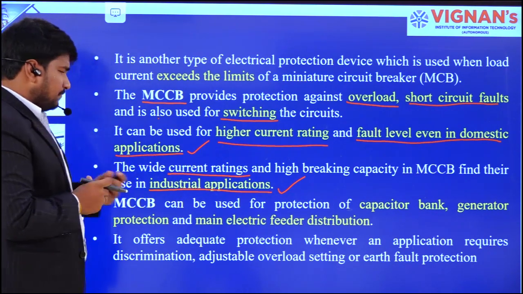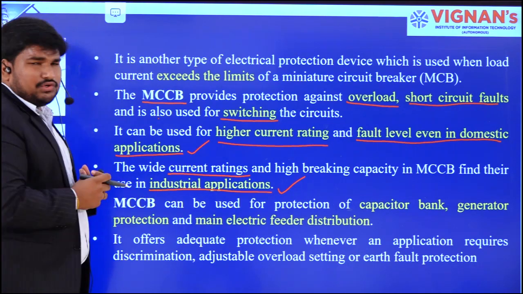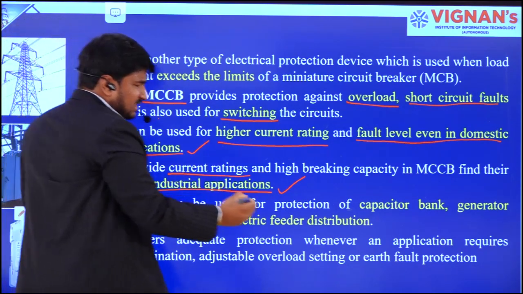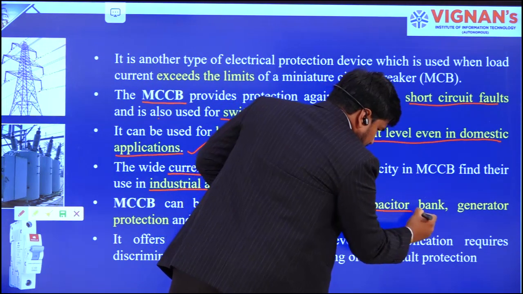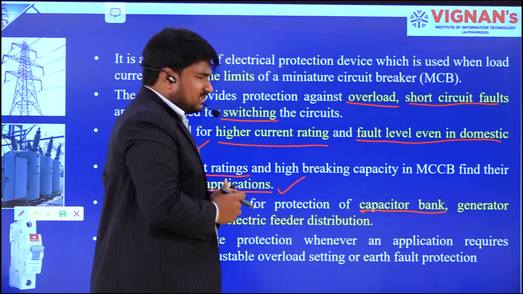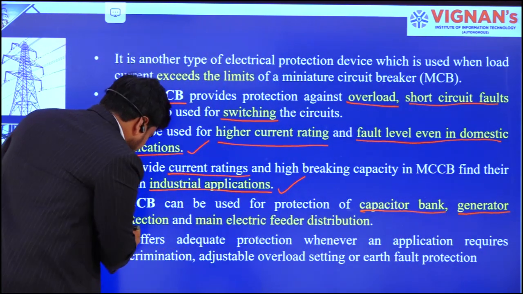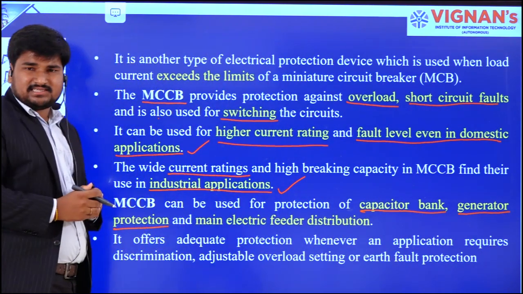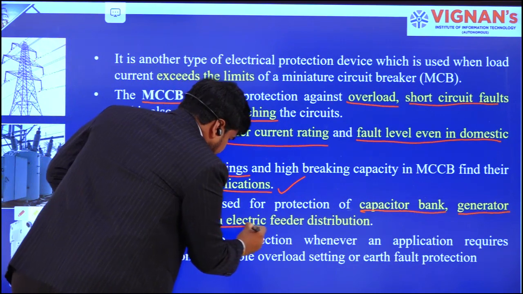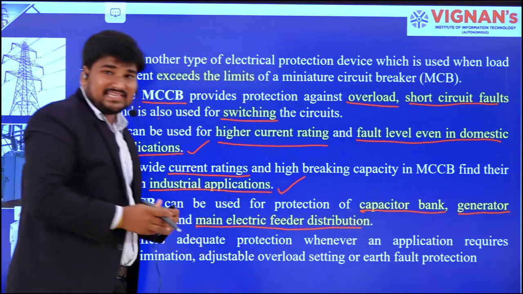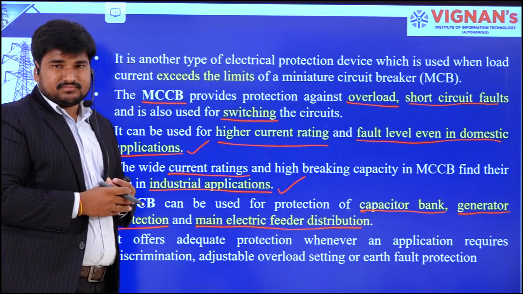The next one is it can also be used to protect capacitor banks, and generator protection, as well as main electric feeder protection in case of distribution network. Right.